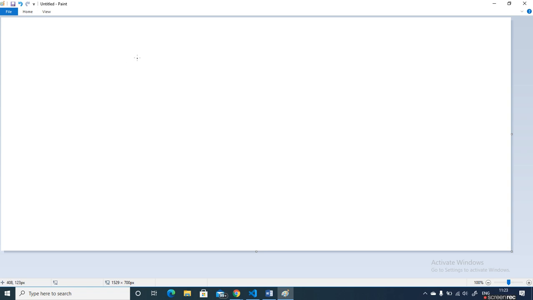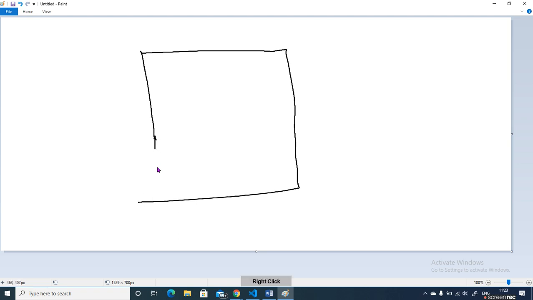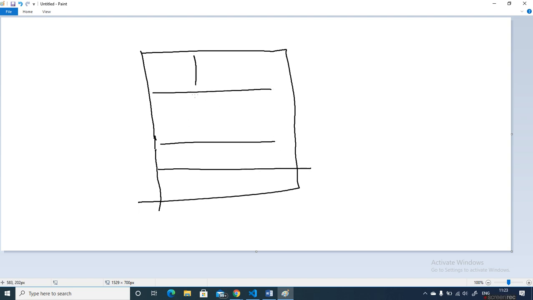Consider this is your building structure. In this building structure there are different floors. Then you color these floors, this section.